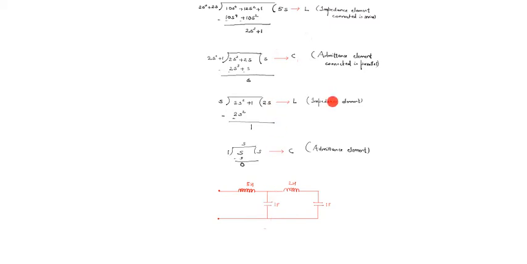Again, the third element is an inductor. It is an impedance element. It should appear in series. The fourth element is an admittance, which should appear in a parallel path, which is a capacitor of value 1 farad. So you could see here from the elements that we identified, we have obtained the network for the given system